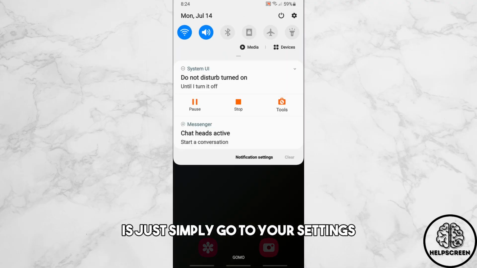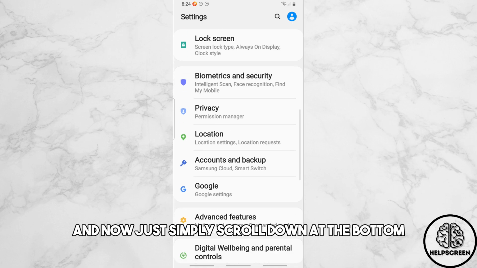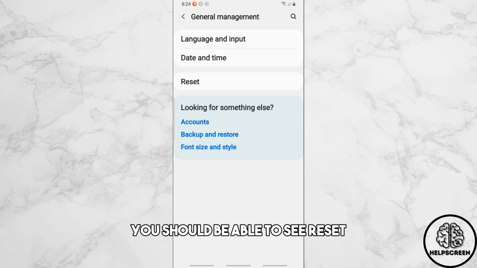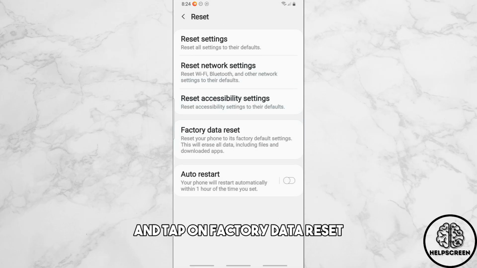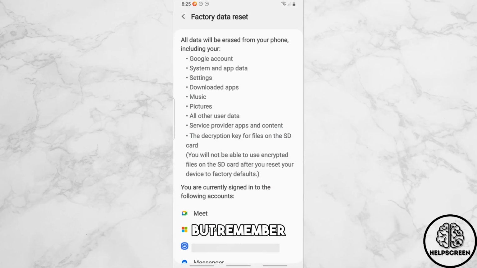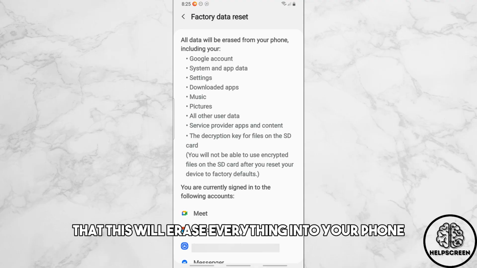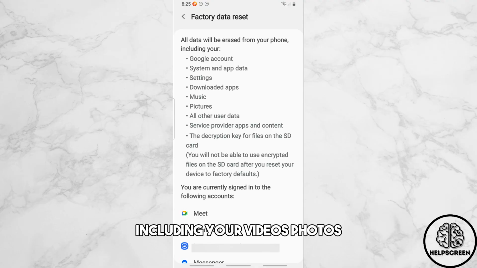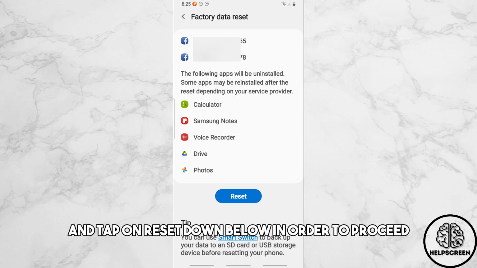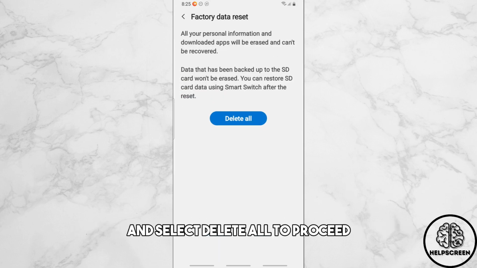Now, guys, if you're still experiencing some error on your phone, what you could try to do is go to your settings. Scroll down to the bottom and you should be able to see General management. From here, you should be able to see Reset, and tap on Factory data reset. So guys, this is the last resort that you have, but remember that this will erase everything on your phone, including your videos, photos, your contacts, everything. It will reset the phone and it will be like a new phone. Tap on Reset down below in order to proceed and select Delete all to proceed,